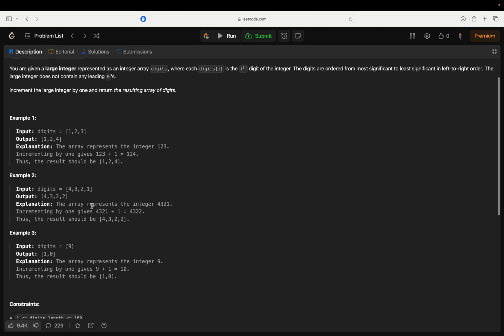Okay, so this reminds me of that one that we did, where you add the two arrays as linked lists, and then you had to worry about the carries. This feels like a simpler version of that because it kind of is. It's not a linked list; it's just an array. So I think the right thing to do